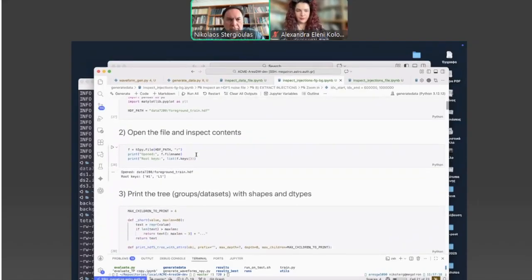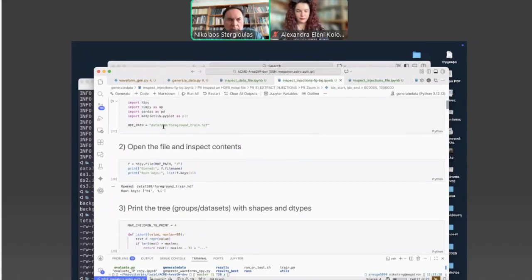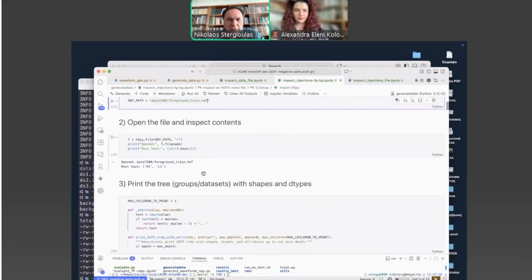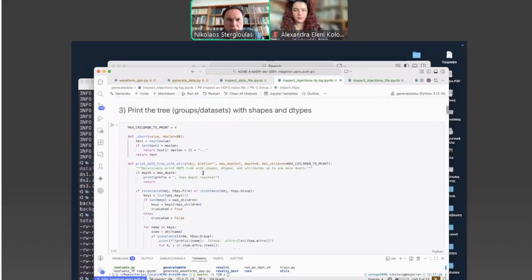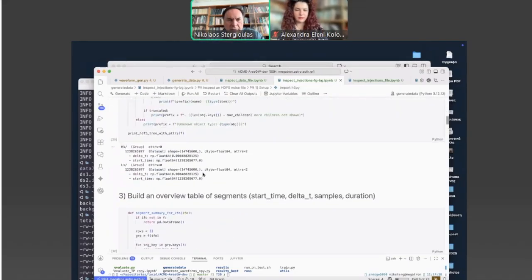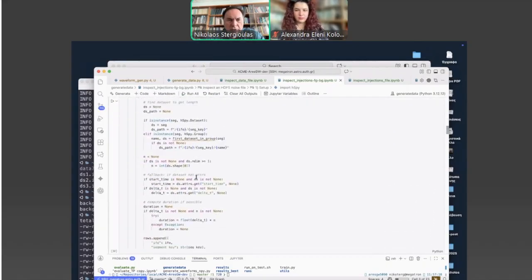Initially, what it does, it simply loads the foreground data for training that we just created in this data 7200 repository. And it does exactly the same steps as in the previous notebook. It prints the contents. Here now we only have one data set since we have taken just 2 seconds.